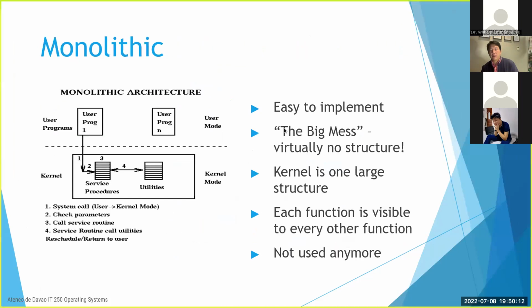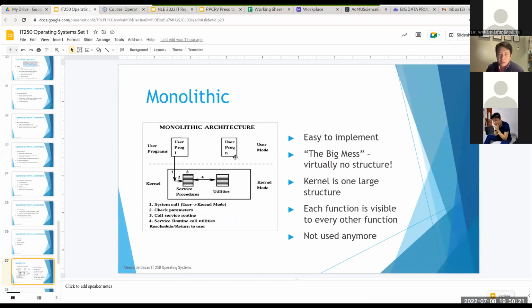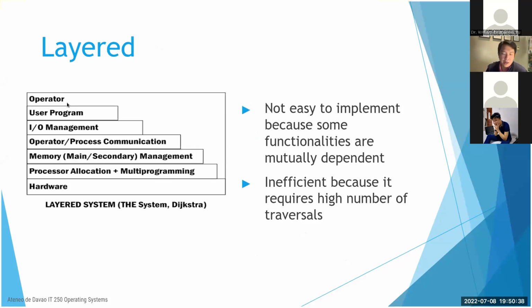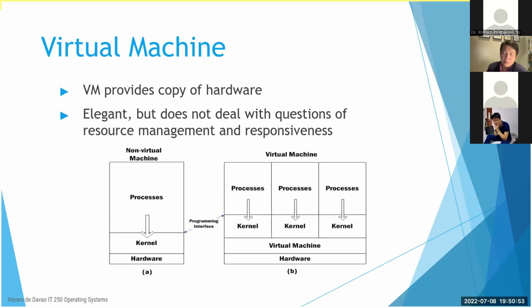Okay, let's go back here. So just more details. You will see that monolithic architecture means the entire kernel functionality is in one process. So everything is one process, one big kernel, and all user programs call it. It's not very common anymore. You'll have a layered operating system where the operator talks to the application and hardware, and it's passed through layers, right? Again, not so easy to implement because a lot of these functionalities are actually used at the same time, like